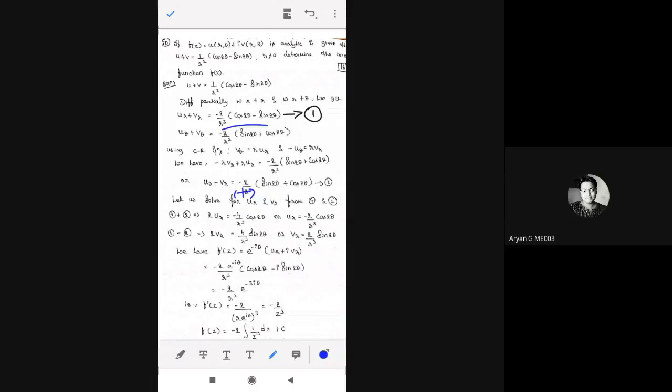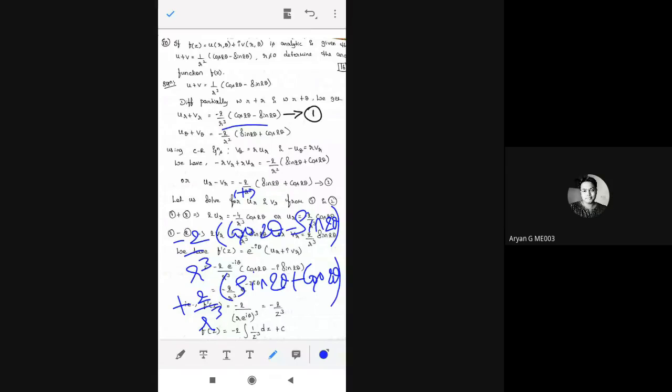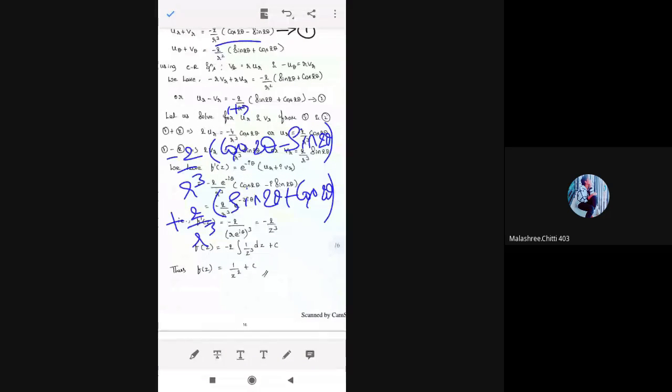equation minus 2 by r cube into cos 2 theta. You need to write this, or else you'll not understand. Sine 2 theta. Then the next equation, plus 2 divided by r cube of sine 2 theta plus cos 2 theta. Okay. Now, what terms will get cancelled? See the constant terms. See what is constant. I'll show you how you got this expression, like the VR value.